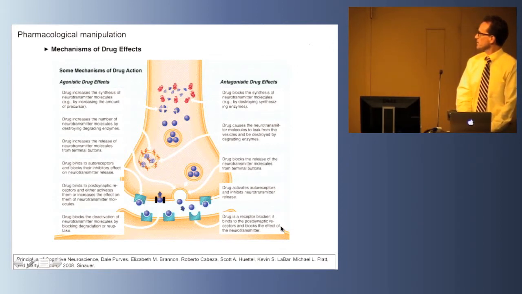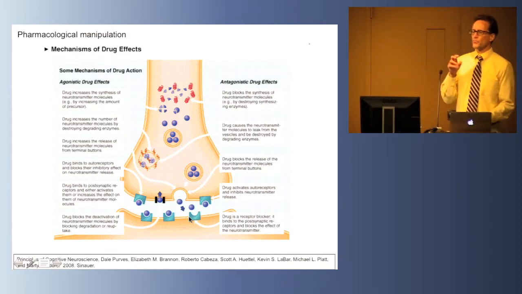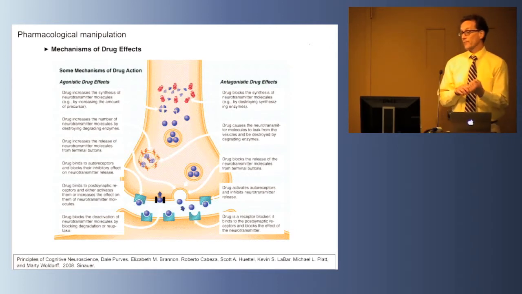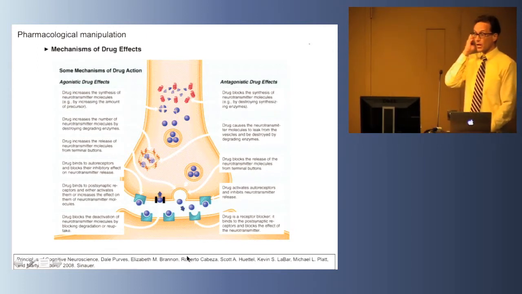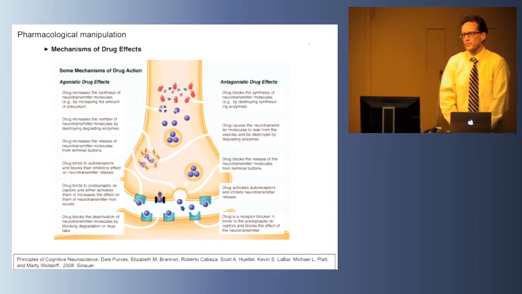And the fifth and clearest sense of an antagonistic drug effect is a drug that binds to the receptor, preventing the neurotransmitter from binding, but not having the effect. It jams the lock. These are some of the complex mechanisms of drugs that affect the nervous system and synaptic